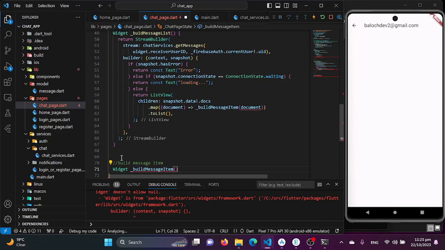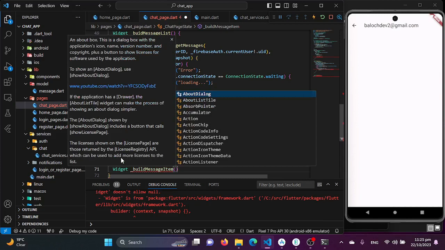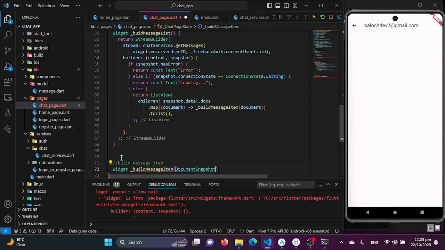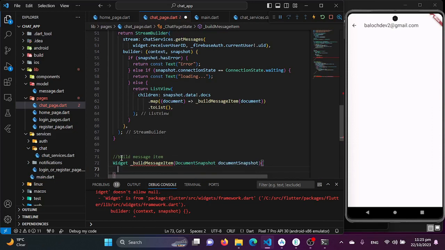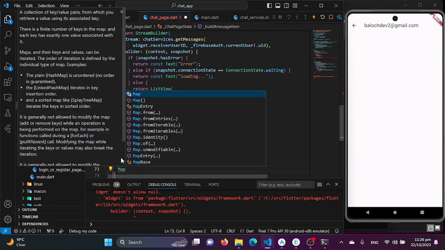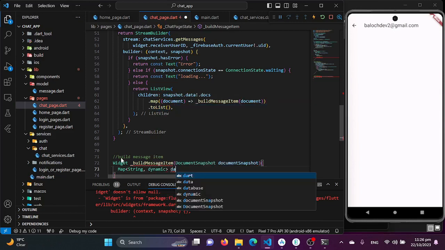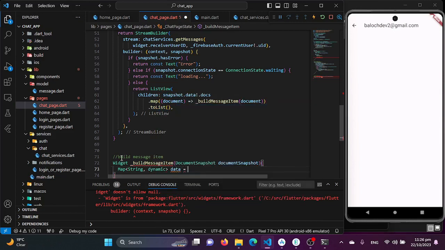which will be the widget basically. And yeah, here we will be taking the document snapshot as our parameter. Now here we will be ensuring that our data is coming in the form of a map. So we will be creating the map string, which will be dynamic, and the data is equal to